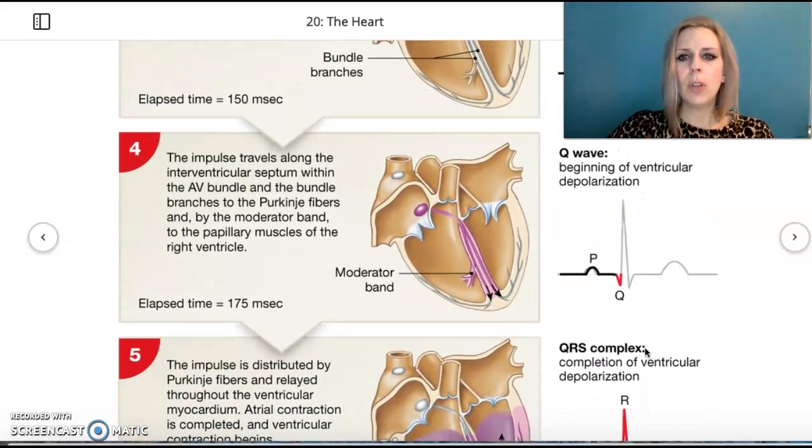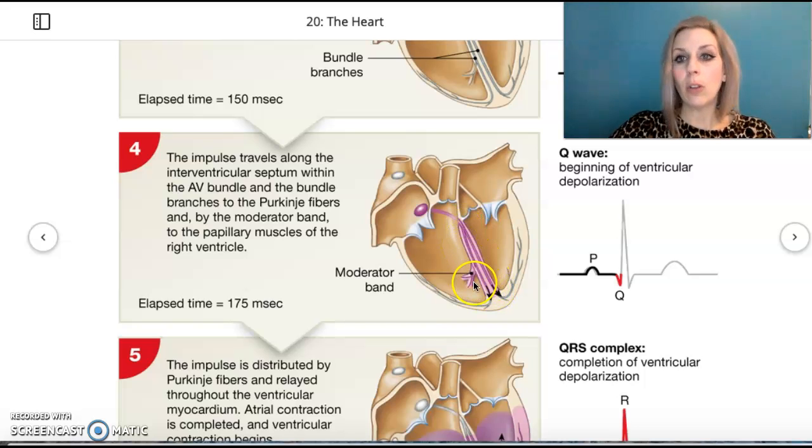Then we're going to move along to this Q wave. This dip here after the PR interval is the Q wave. The Q wave is the beginning of our ventricular depolarization. So we're going to have our impulse that has traveled to that AV bundle, traveling down the interventricular septum to